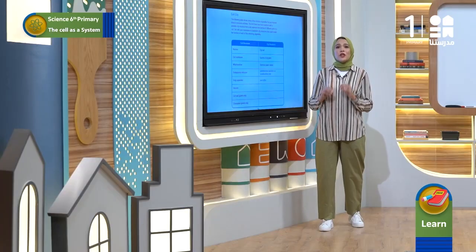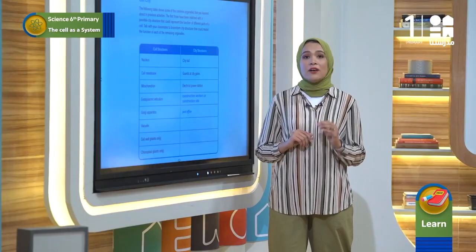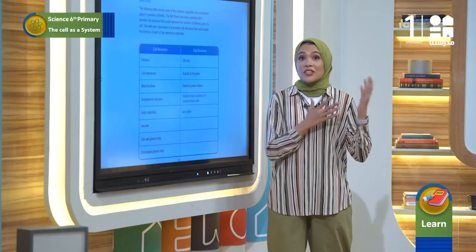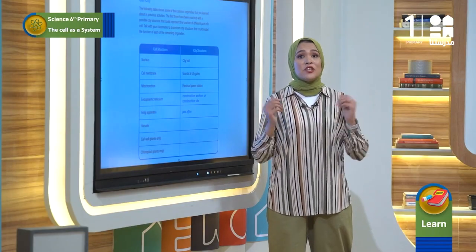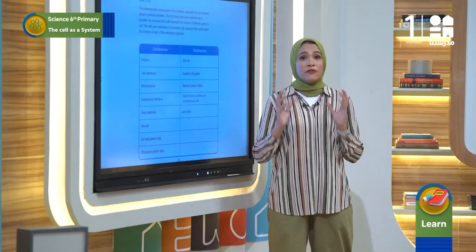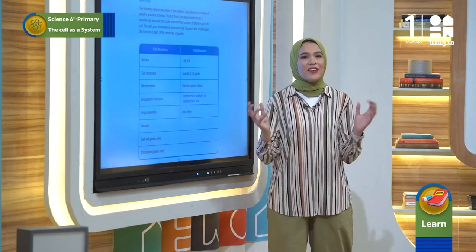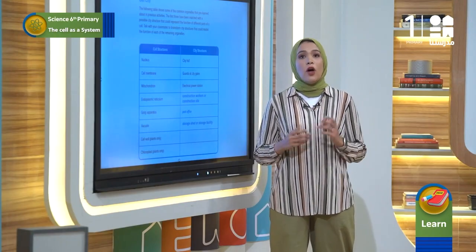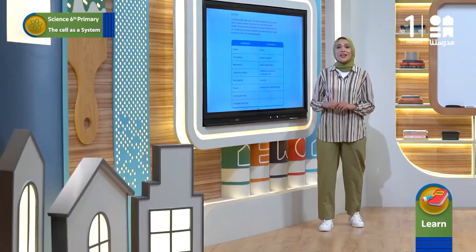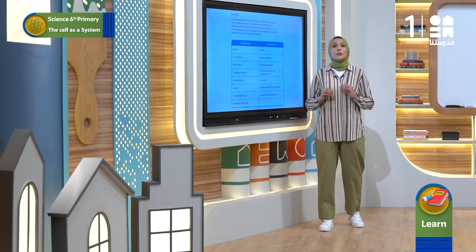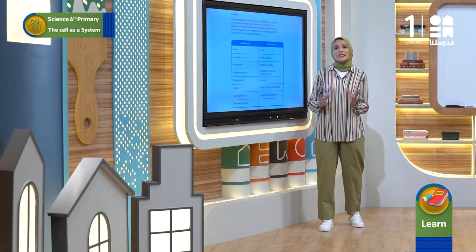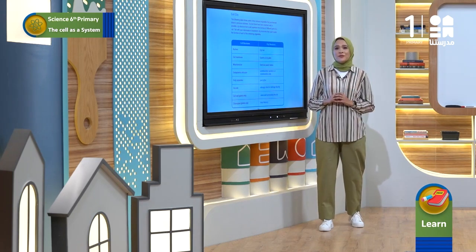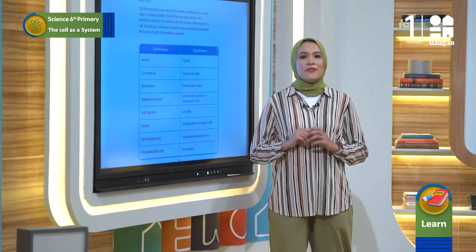Some students thought to use it as a post office because it receives the materials and packages them to be transported. Other students thought it can be a packaging factory. Packaging factory or post office, both are correct. For the vacuole, it can be a storage shed or storage facility. Cell wall, a strong brick or stone wall surrounding the city. Chloroplasts, food factory. Let's move to the next step of the activity.